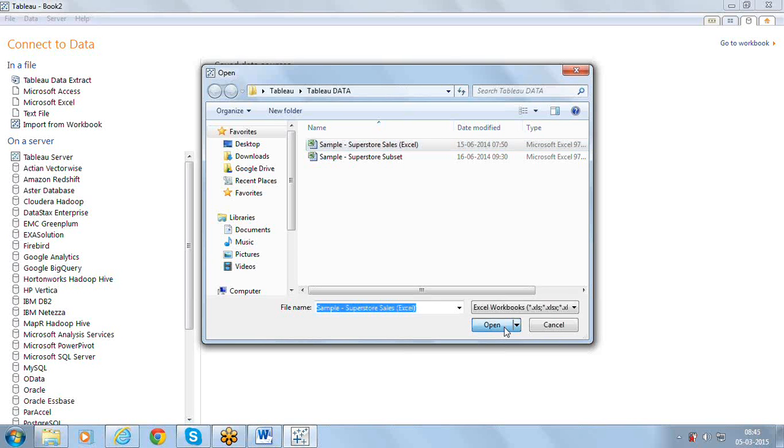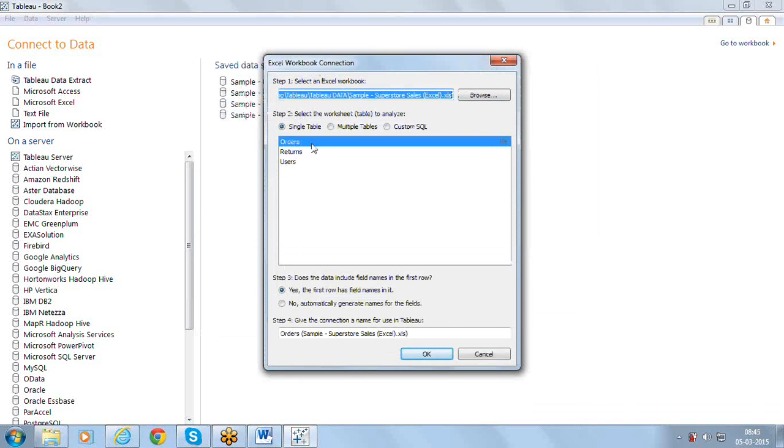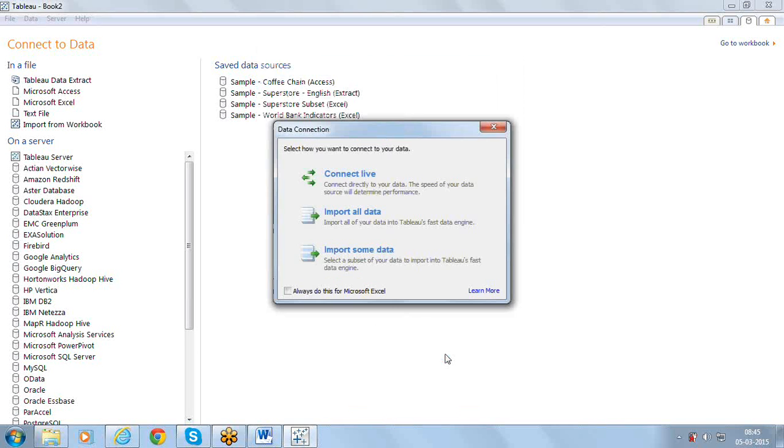Open, and now if you see, that Excel sheet has three tabs. The first one is the Orders tab, the next one is the Returns tab, and the next one is the Users tab. Of these tabs, which one do you want to import into Tableau? We need to select that particular tab which you want to bring into Tableau, and click